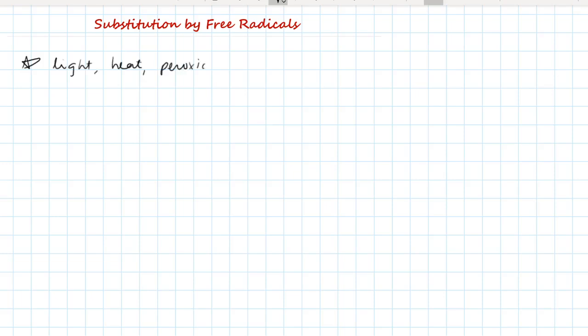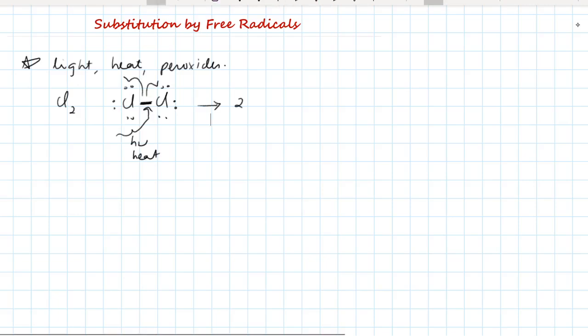So when you have two species like this, say for example if you take Cl2, Cl is present like this, and there are 7 electrons in the valence shell of each atom including the chlorine. Now this bond is a very vulnerable bond; both are equally electronegative and both will try to pull the electron towards itself. So when we give some energy in the form of light or heat, this bond will break, and since they are equally electronegative, they will undergo homolytic fission to produce 2 Cl dot, which we call the free radical.